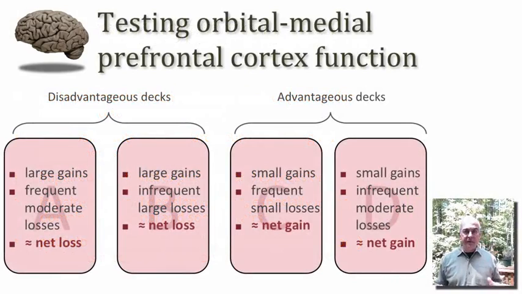So this test involved a set of playing cards that could be divided into 4 decks, and the patient is instructed to draw a card from one of these decks. What the patient doesn't know is that there is a certain protocol for providing financial reward or financial penalty for drawing a card from one of these 4 decks. And the way this is set up is that the patient's given a certain allotment of money at the beginning of the experiment, and the patient begins to choose from these decks of cards.